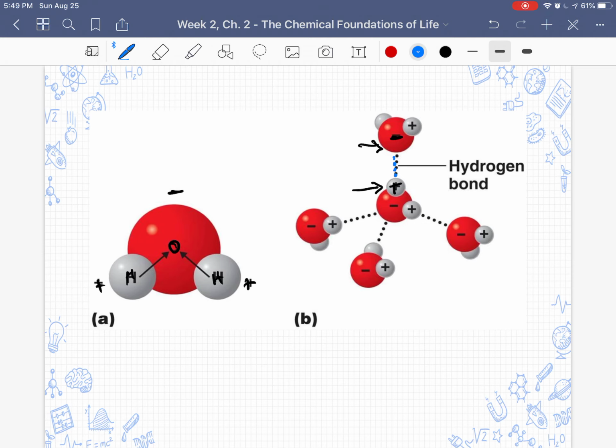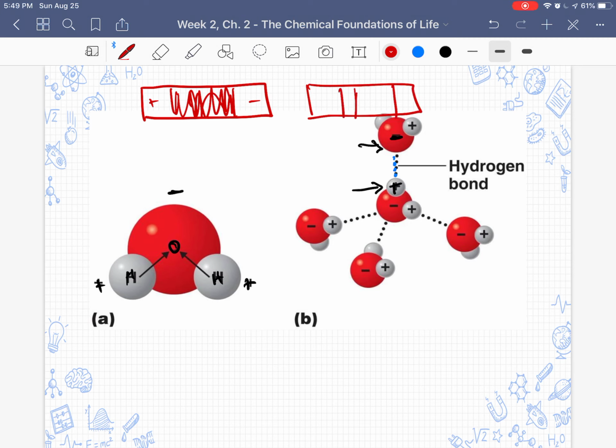Okay, so let's think about our magnets. I don't know if you've ever had a chance to play with magnets. I hope so, because they're kind of fun to play with. But let's think about our magnets. What happens when you have magnets set up like this? This is our Dora the Explorer moment. I'm just going to pause and let you think. All right, what happens when you have magnets set up like this?